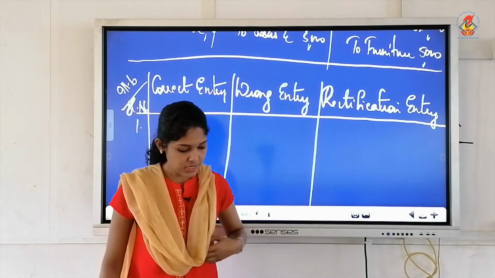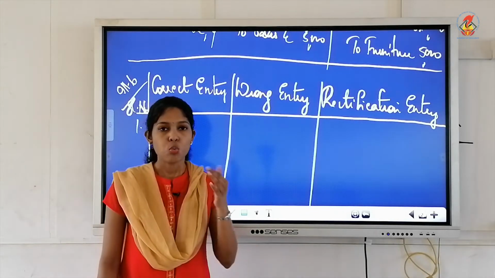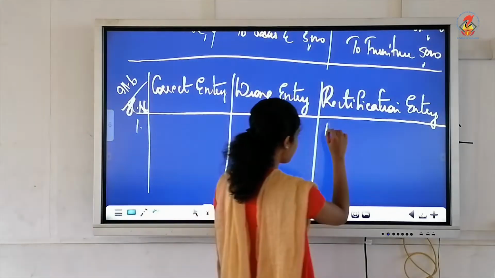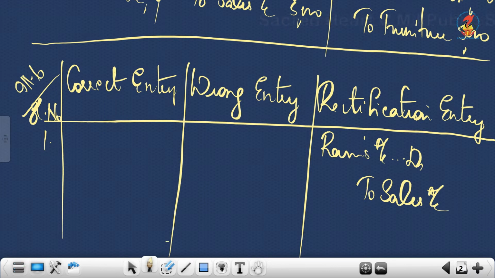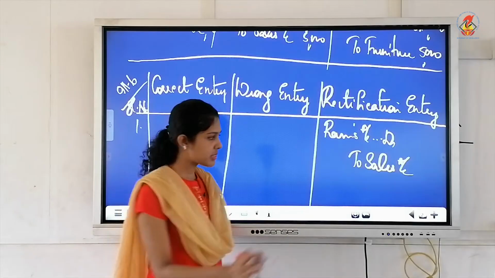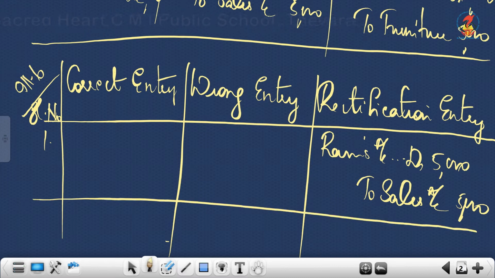So here it is, credit sale of 5,000 to Ram. What is the normal journal entry? When you sell on the basis of credit, the debtor will be debited, the customer will be debited. So that is Ram's account debtor to sales account. We don't have any correct and wrong entry. Ram's account debtor to sales, the amount is 5,000. Then second one is